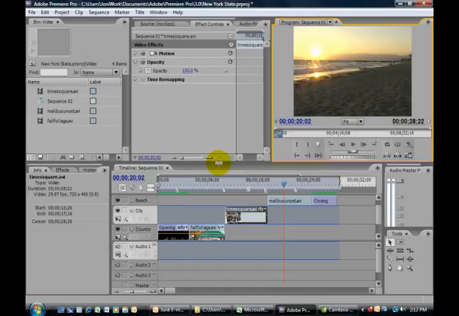And now we're going to talk about keyframes. Keyframes are sort of like an anchor point that you use to set up effects and properties for a clip. Let me show you an example. We're going to go over here in our timeline, and we want to make sure that our city clip here